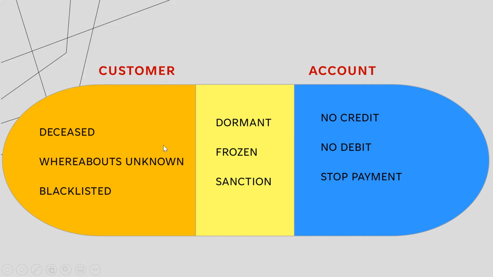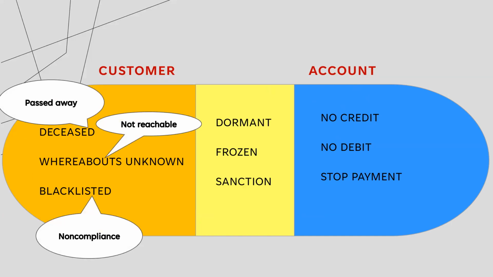First we'll see the detail about the customer status. The first one is deceased. Deceased means the customer has passed away, legally declared or legal confirmation received. Once it is received, until the nominee comes, no transactions are allowed, including bank initiated transactions or online transactions, even bank balancing activity. Those things are stopped. Even internally, not all staff can see the deceased customer's information, because that can lead to fraud. And the second one is whereabouts unknown, where the customer has not turned up at the bank